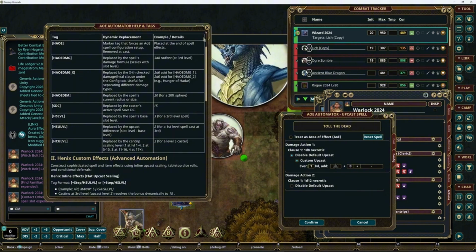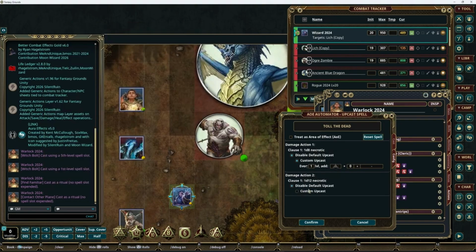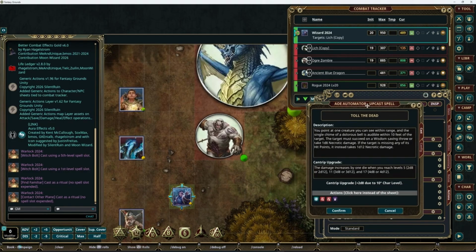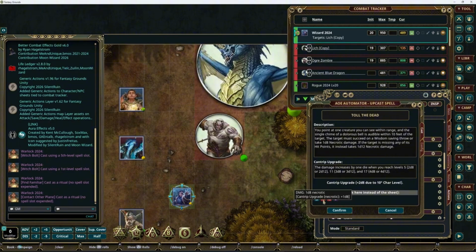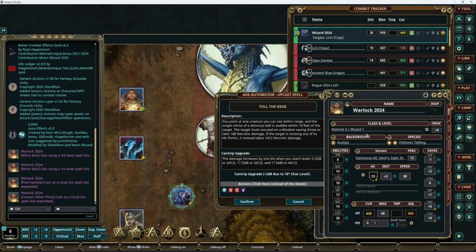We have this for every tier. We upcast 1d8, and for the second one, the d12, we want 1d10 damage per tier. When we go back, we see that now we have a d8 that scales by 1d8 because we are a level 10